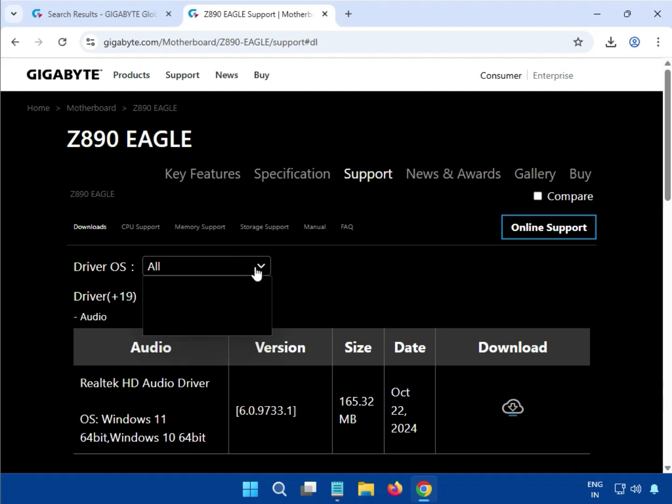Select your operating system, which your driver requires, because I am using Windows 11. And if you are using Windows 10, the installation process is almost the same. You just see this video and install in the Windows 11. Okay,